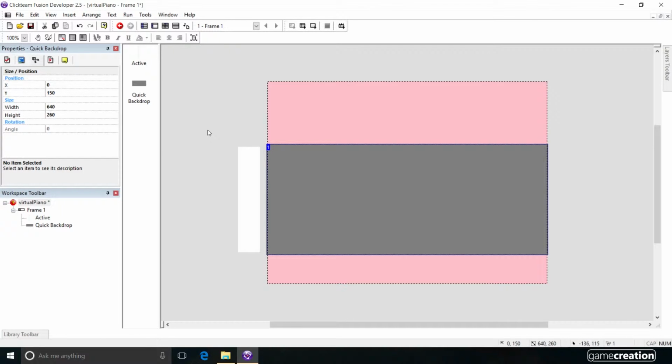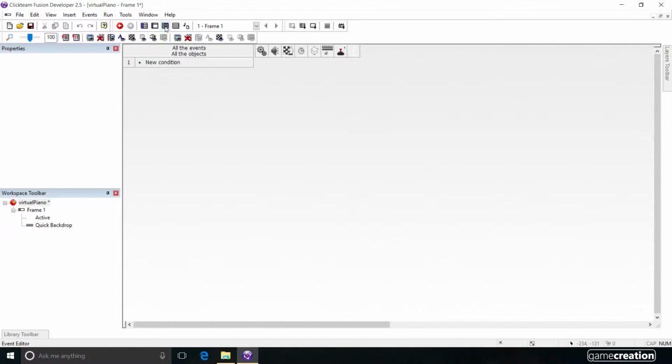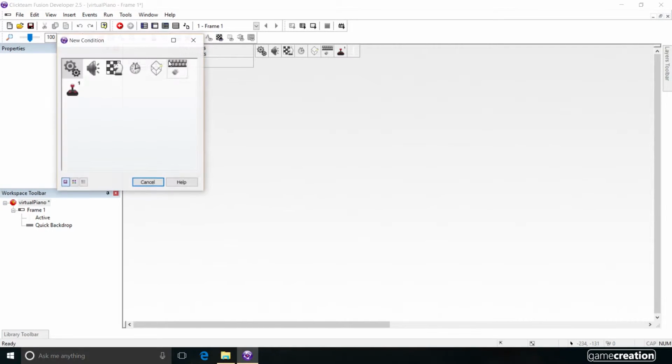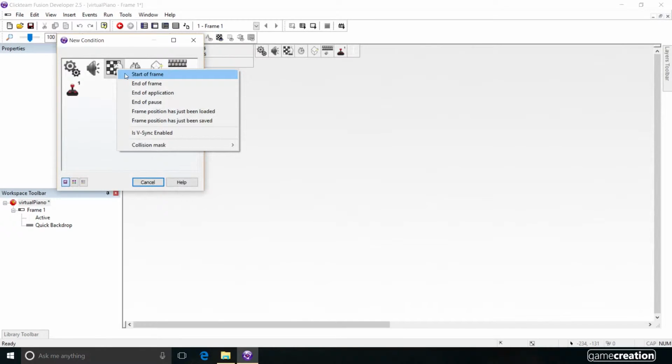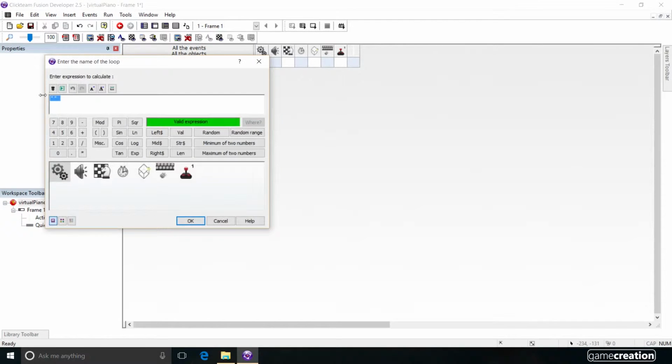Now, need to do a bit of calculations here to see whether 11 of these are going to fit. Now, you could do the calculations, or you could just go ahead and program it and see, and just make changes later. So let's do the no calculation approach. So I click on the event editor, and I want this done at start of frame, and we're going to do our one loop, because we don't need to do any going down. So create